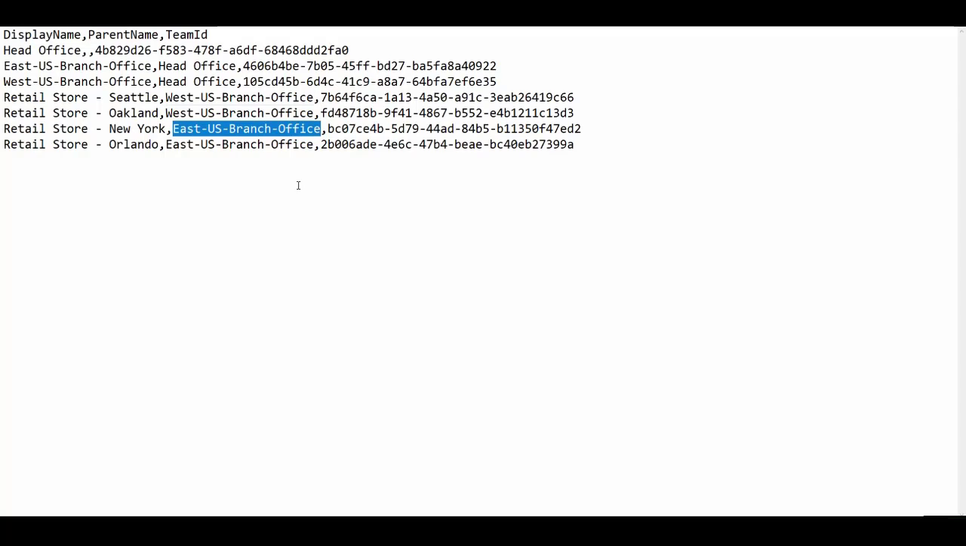Okay, because this is basically how the hierarchy looked. If you remember my slide, the Seattle and Oakland teams were under the West US branch office, and New York and Orlando under the East US branch office. Okay, and then of course the team ID for our leaf nodes as well here. So this is actually done now. We can publish this now, but as I mentioned also, there are some additional